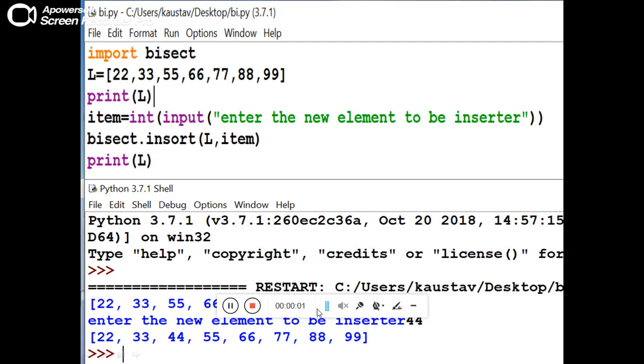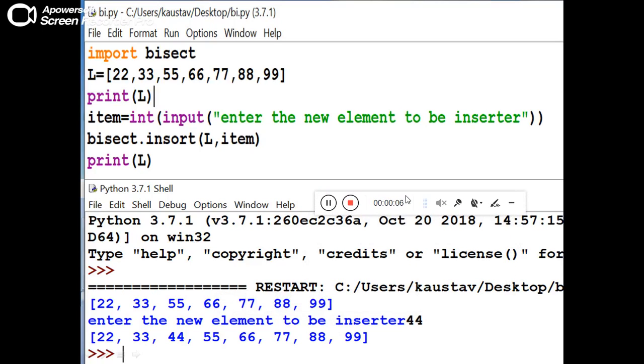It will find the exact location where it should be inserted, and at that particular index the item will be inserted. So what is going to happen? The elements are 22, 33, 55, 66, 77, 88 and 99. I want to insert 44. So what will it do? Not only will it create the space at the end, it will find the subscript or the index, and according to that it will insert it there.